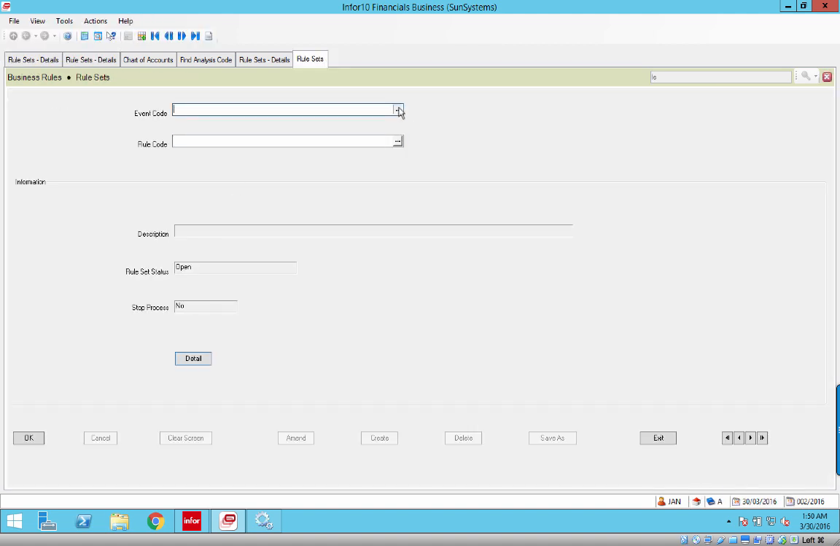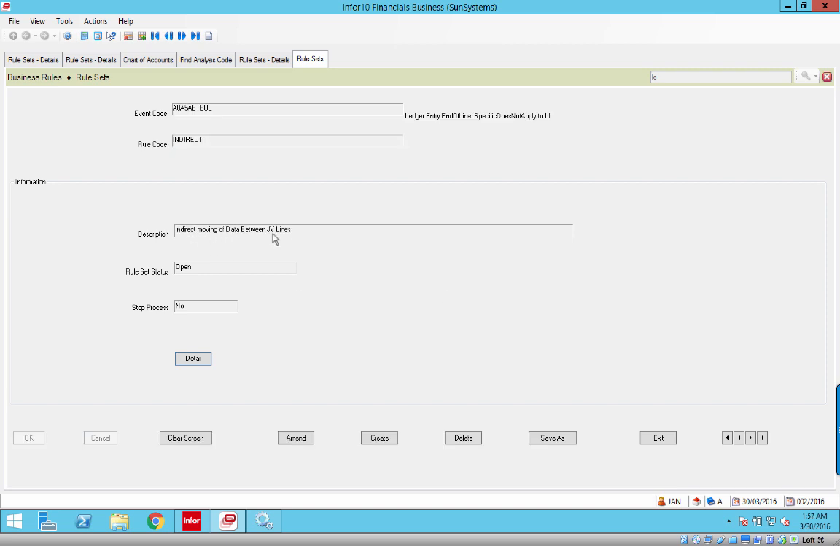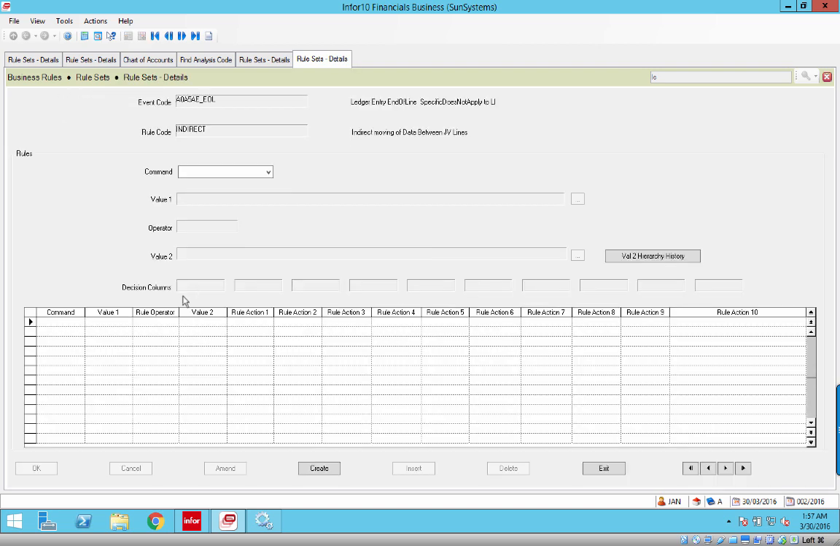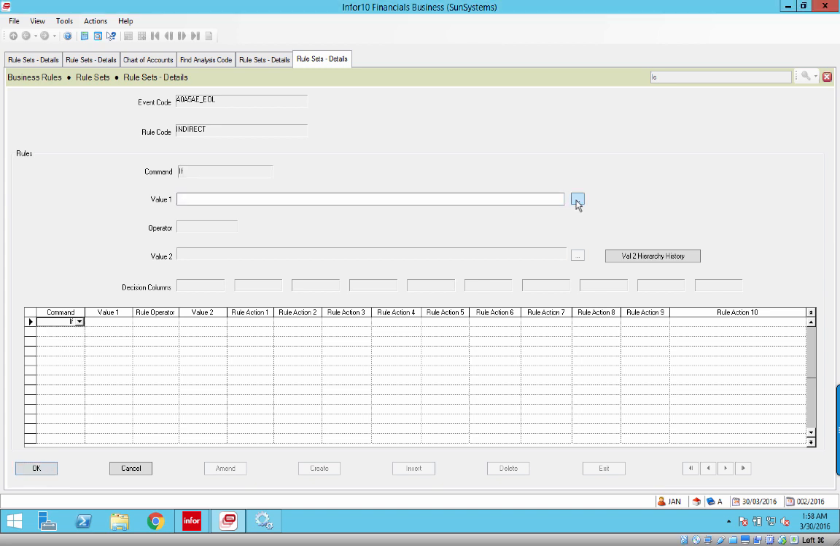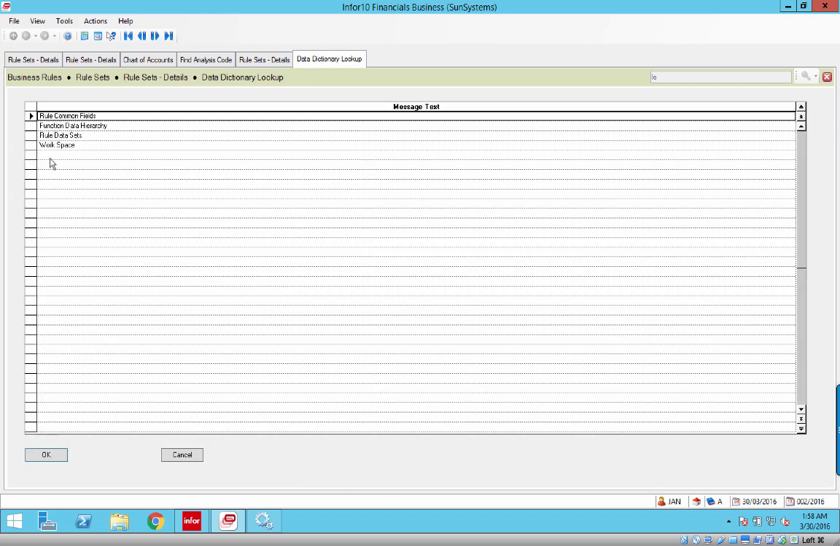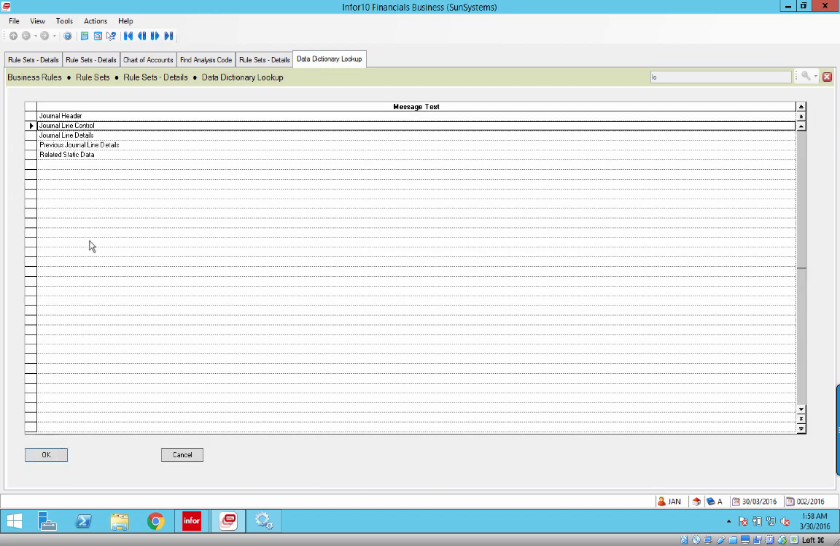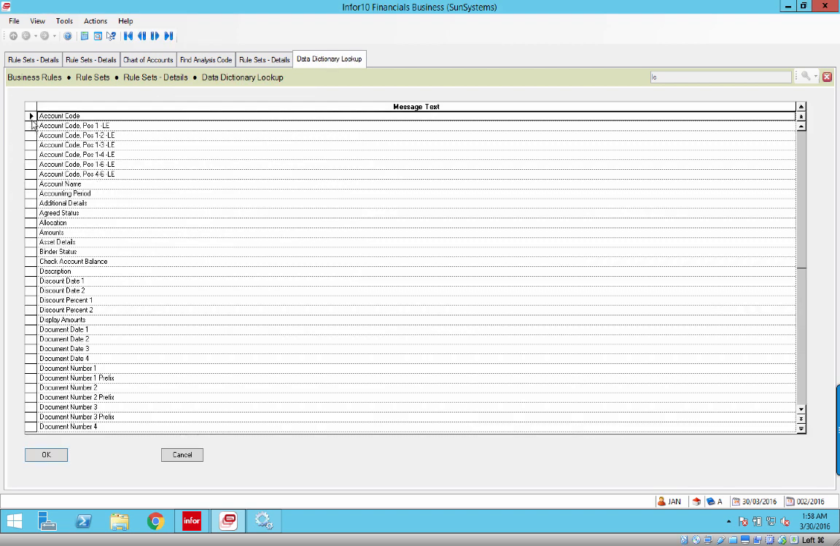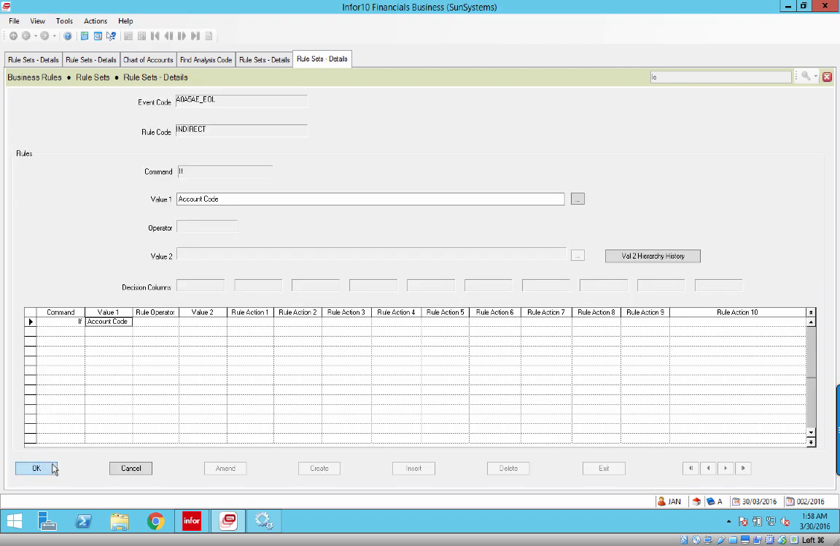It's still going to be the end of line, and this one will be the indirect moving of data between lines. So we want to write the details of the business rule about indirect moving of data between JV lines, and we come over here and we create. First line is if. All business rules start with an if at the very beginning. And if the account code, and this is the first line of the JV, if the first line, journal line details, and if the account code is equal to SSSS, yes,